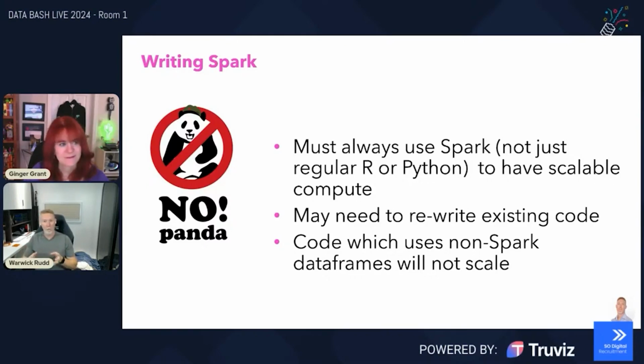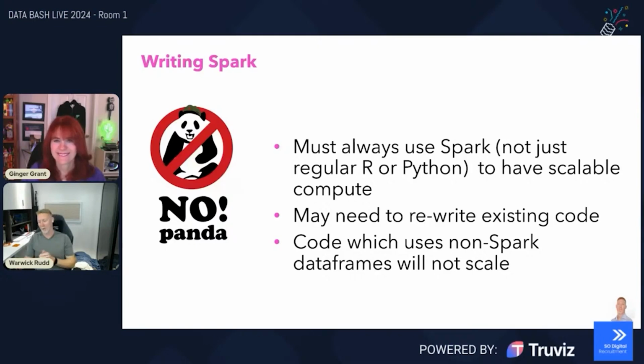A friend of ours recently had a client who wanted to use Spark so that they could improve the performance of their machine learning model. They added more compute clusters and were shocked to find out that nothing happened. Well, except it cost them a little bit more. The reason behind this is that what they had written in Python was relying on pandas. Pandas is a very popular data frame library, but the problem is that in the Spark ecosystem, it doesn't scale. But fortunately, in 2019, Spark added Koalas data frames.